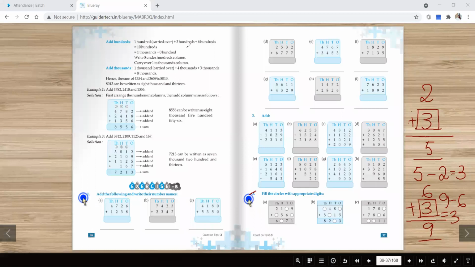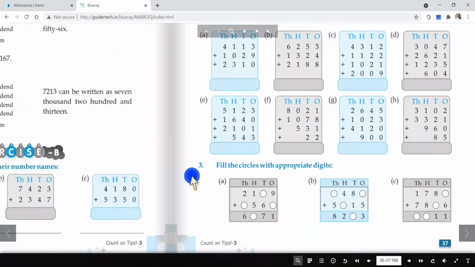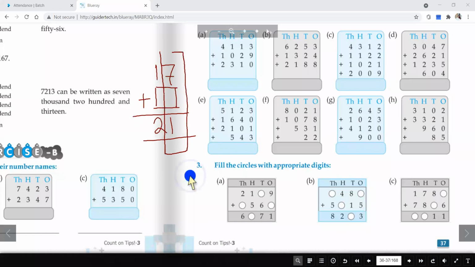I'm just clearing all my screen and I am going to zoom the book so that it will be easier for us to see. Now these are the smaller numbers, so it's very easy to find out. Now at one instant I am telling you, just find out the number over here that is going to be added so that the answer is coming as 21. While I put this type of sum, you will first take out this part first. That means the ones position first, then tens position you will evaluate.